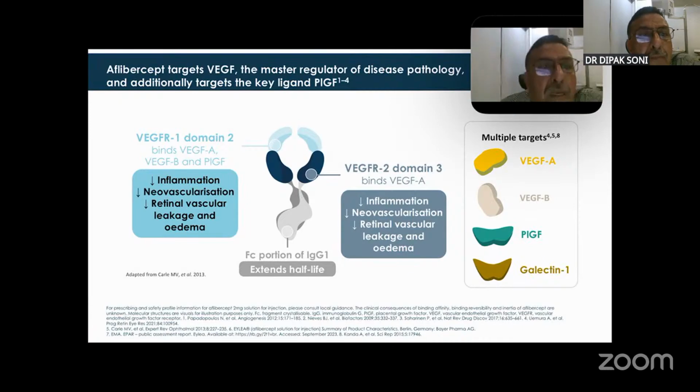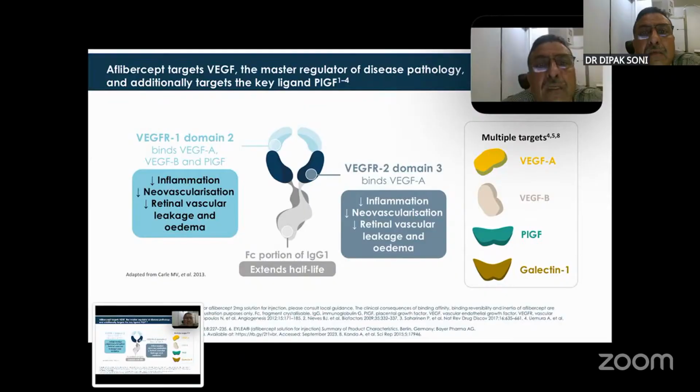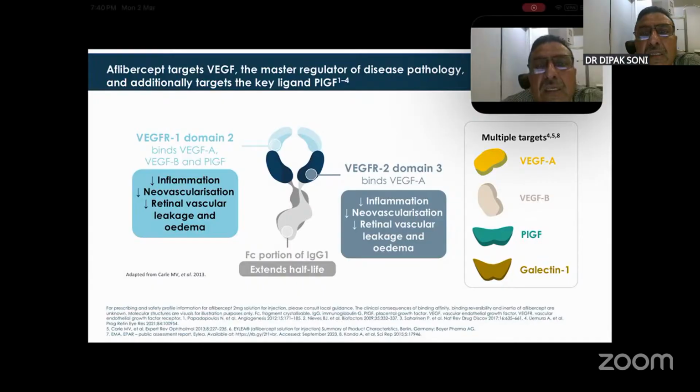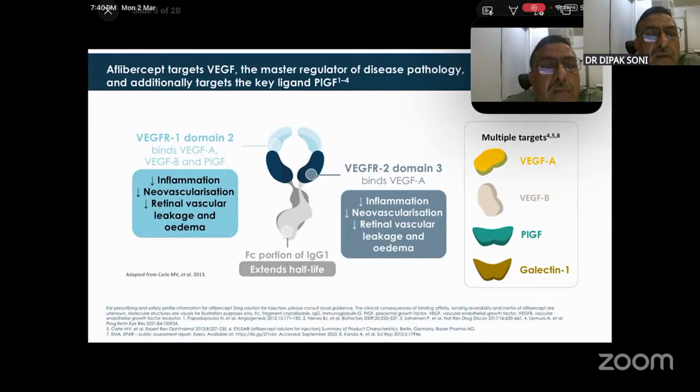Aflibercept targets vascular endothelial growth factor, the master regulator of the disease pathology, and additionally targets the key lesion. There are two types of receptor: vascular endothelial growth factor type 1 and type 2. So what happens in VEGF? This aflibercept, we inject